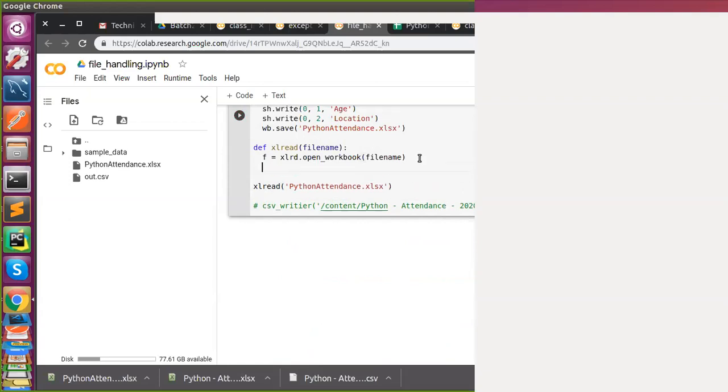I actually opened it. Now what is the procedure for read? First you need to open, and then choose the sheet by name or index. We all know the name, Sheet 1.